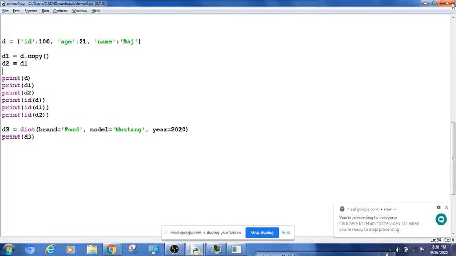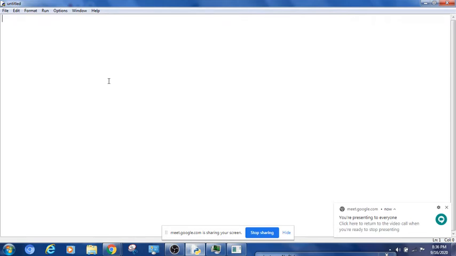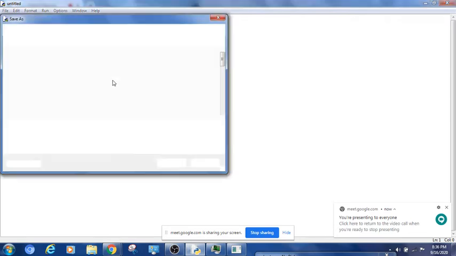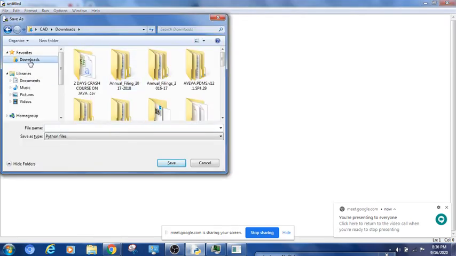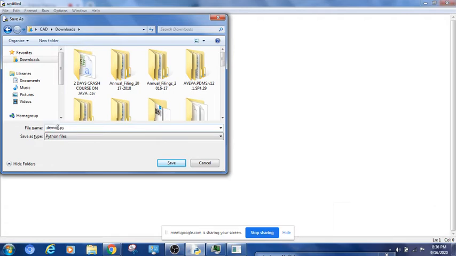I don't need this file now, let me close it out. This file we will use for an array. So how do I save it? Some file name .py. Right, so like this we can save it.